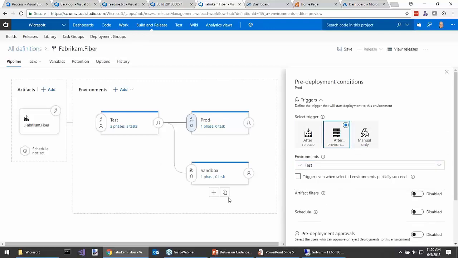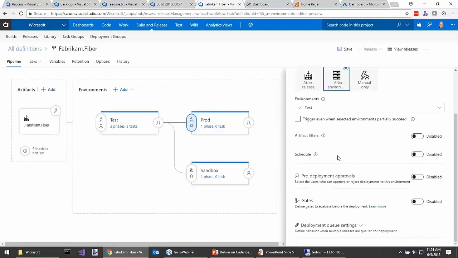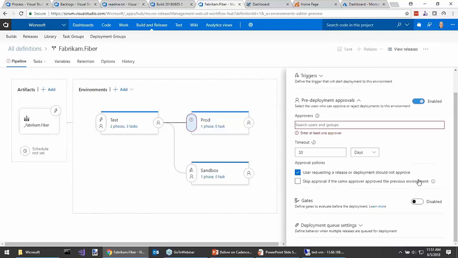You know, again, some organizations might do that. Build happens, pushes to test, and then immediately afterwards it automatically pushes to sandbox, and then maybe pushes to prod. But it's going to have a pre-deployment approval here. We might want some humans to approve it before it automatically gets pushed to prod. So this release management tool inside Visual Studio Team Services here is awesome, whether you want true automated all the way to production or you want to have some humans in the mix.